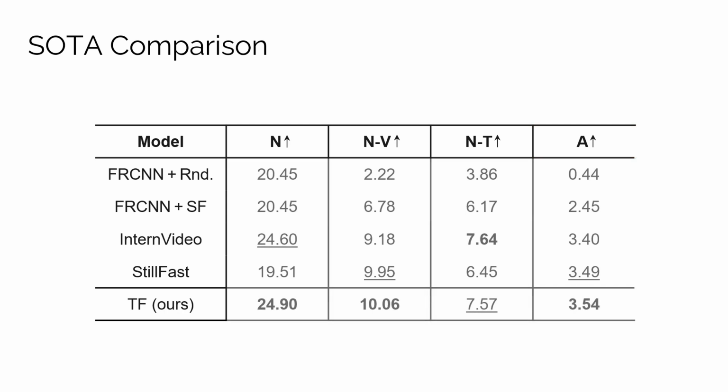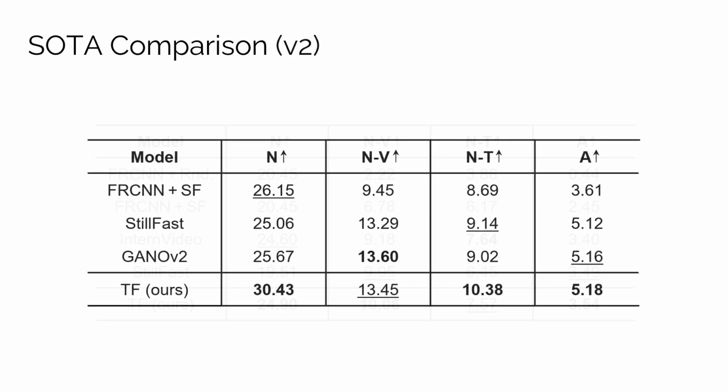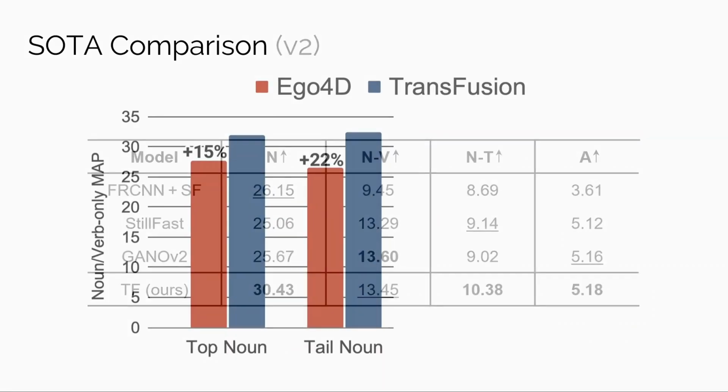We outperform all state-of-the-art methods for 3 out of 4 metrics on the dataset's test set and approach the state-of-the-art performance for the remaining metric. The same holds true for the second version of the dataset. This validates the advantages of our action context modeling strategy for the interaction anticipation task.